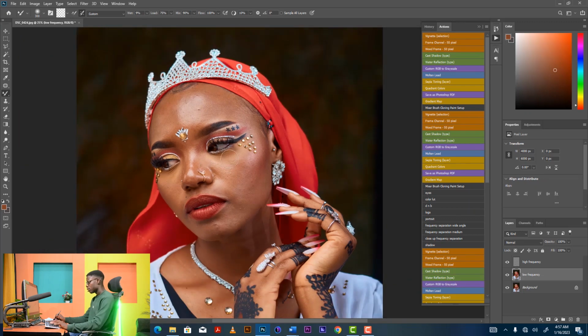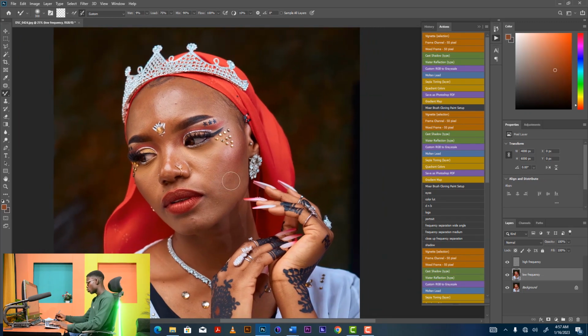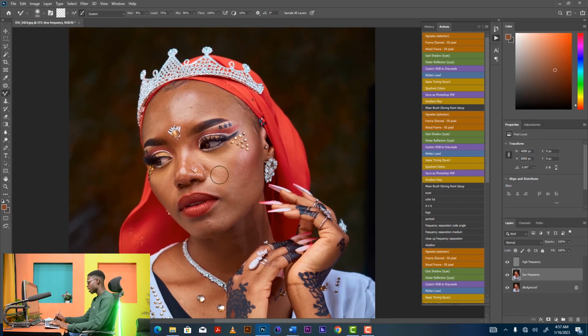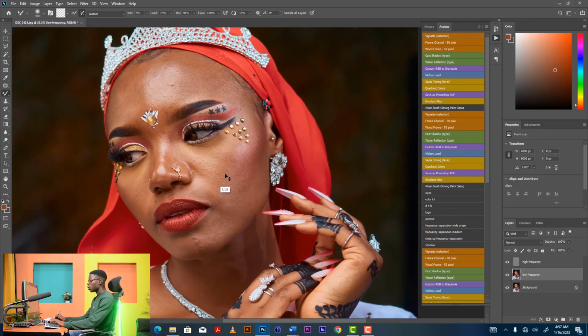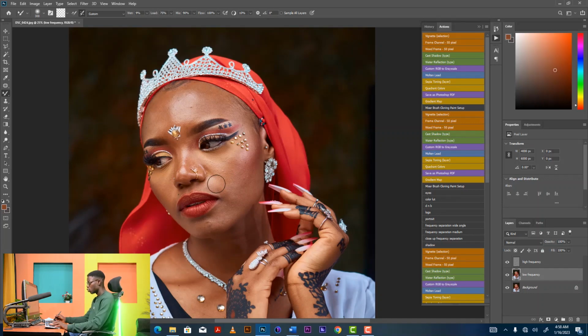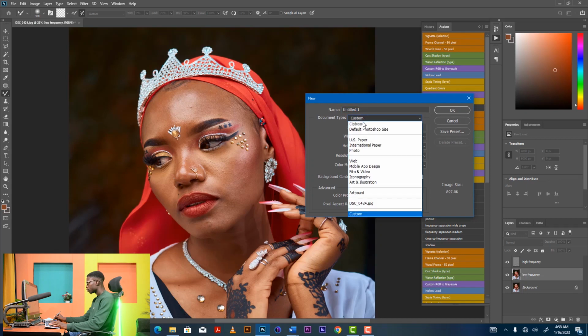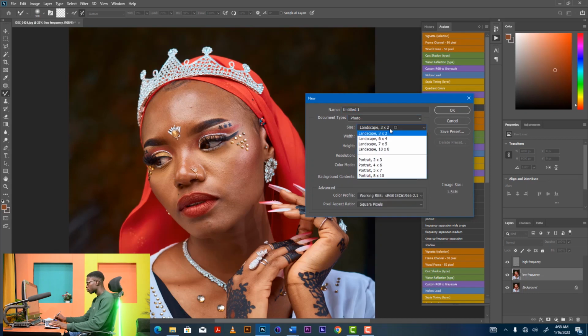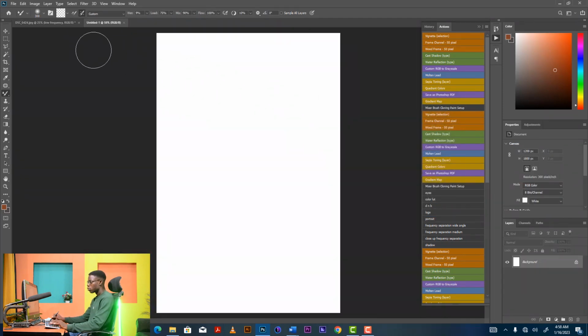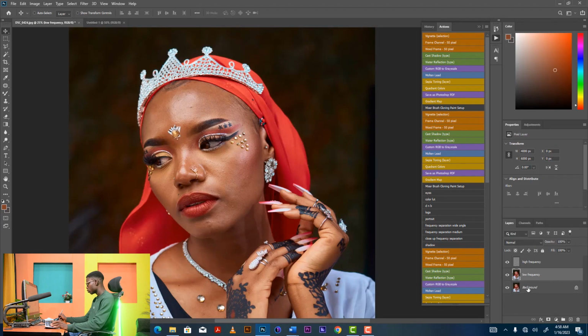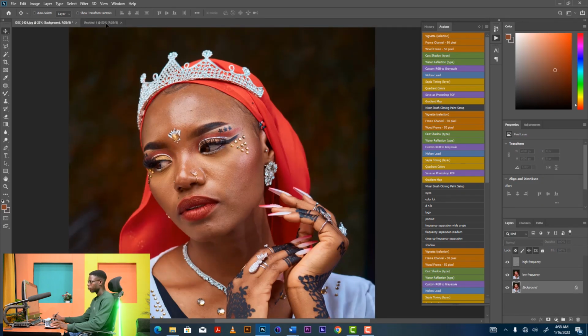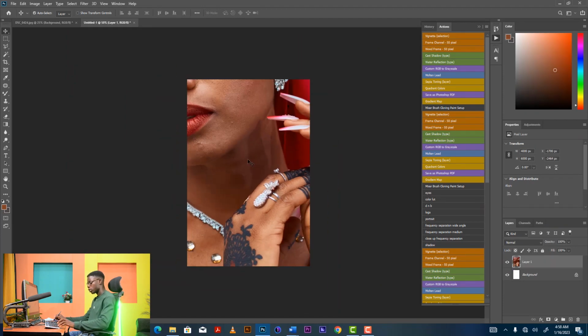Now I said it in my last video that in order to use frequency separation and get the maximum results you actually desire, you need to know and understand the human facial structure, and maybe that's the first thing I'll be explaining in this video. So we'll have to create another layer for that. Okay, so I'm going to move my model's picture from here to the other file so we can understand the